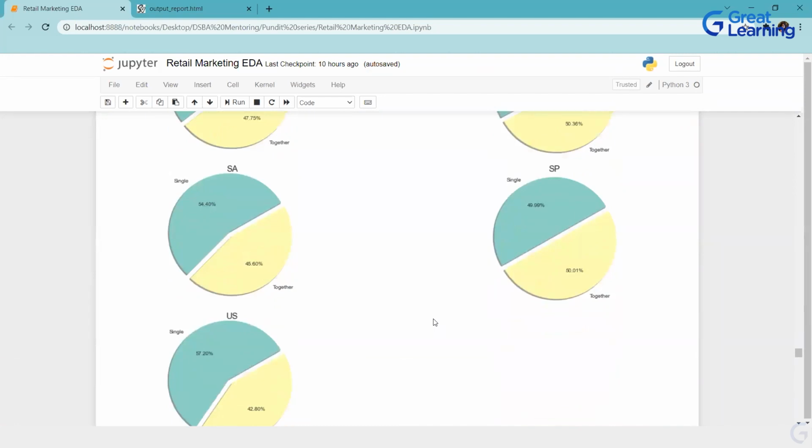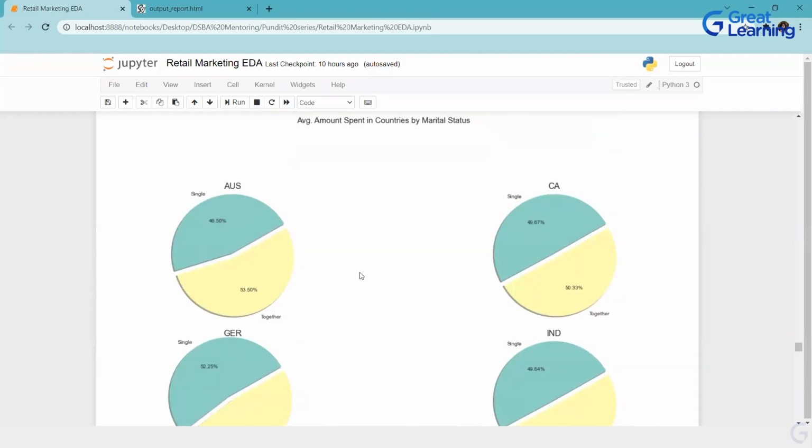What it is telling you is that if you see all the numbers, approximately, as we saw, 50-50, something like an equal distribution is there. So I don't have much to say about who my actual customers are, single or together, single or couple, both are spending equally. So I can target both. Might be that in my initial data itself, where I have not combined single and together, I have kept married, YOLO, absurd, divorced, so many are there. We can see that way also.